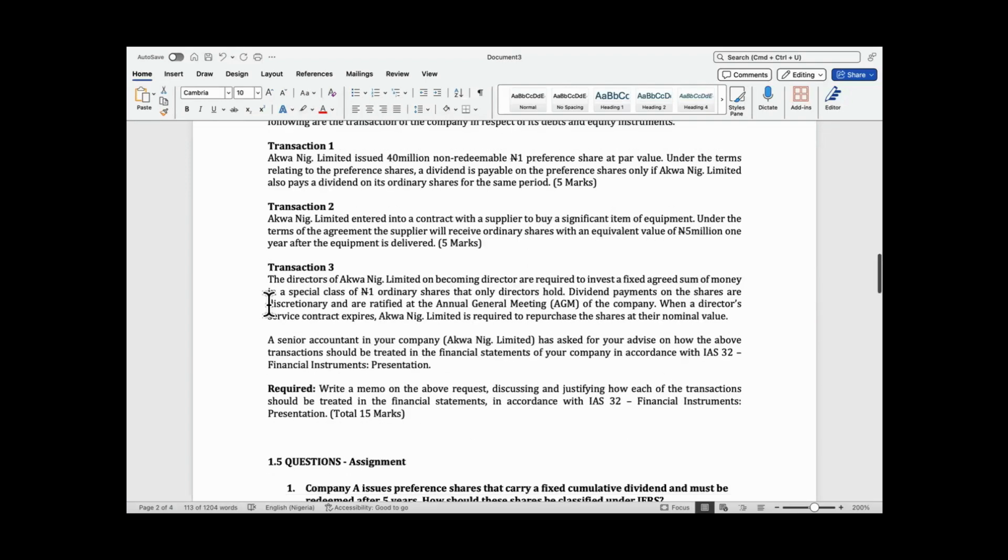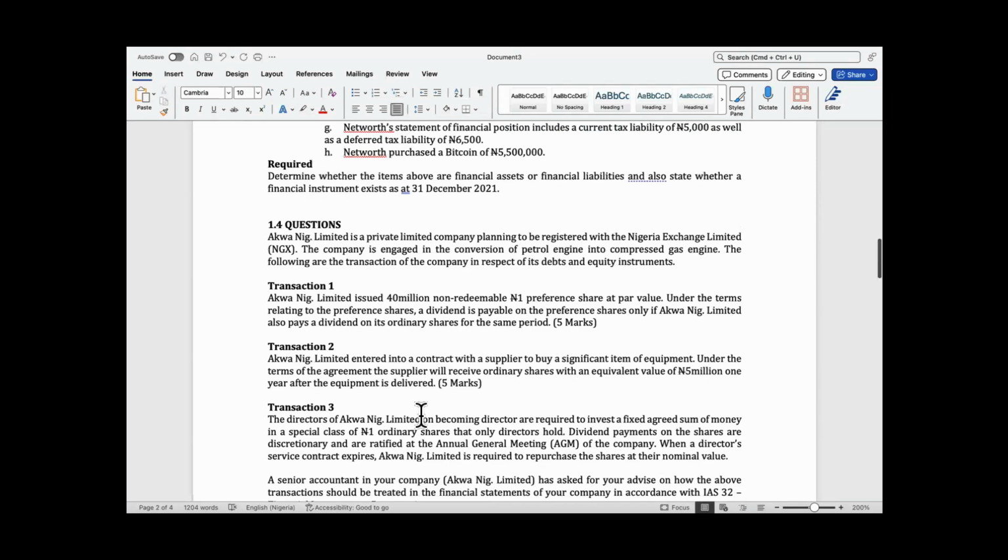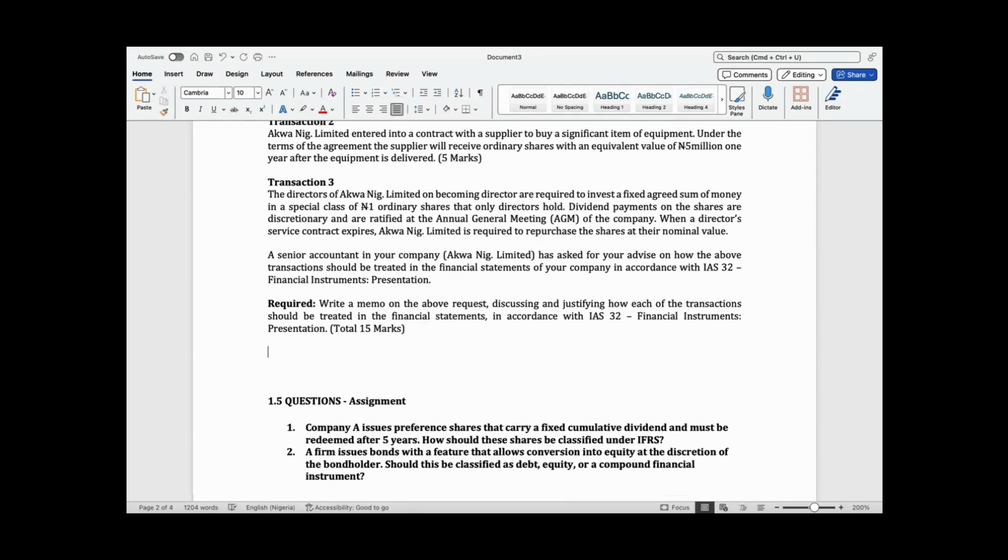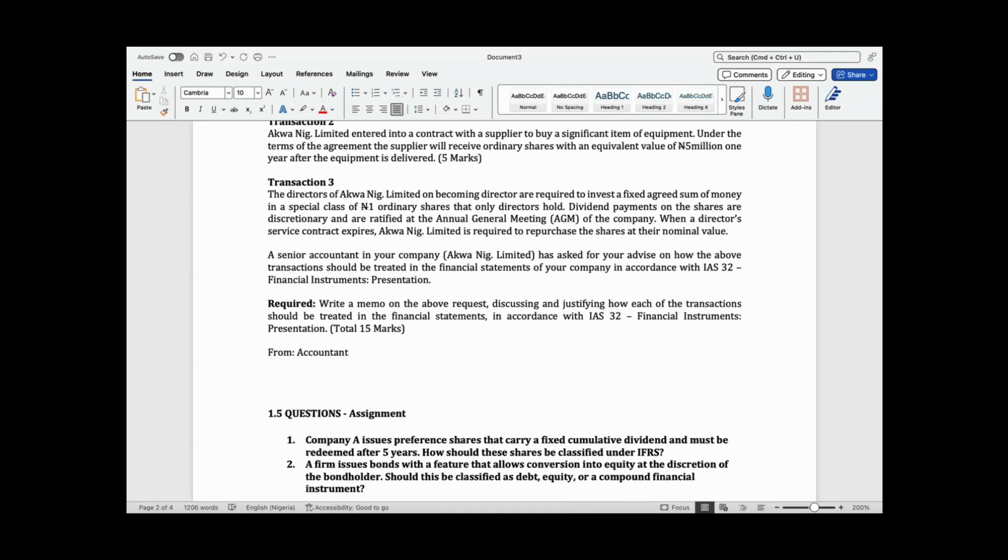So this question says, write a memo on the above request discussing and justifying how each of the transactions should be treated in the financial statements in accordance with IAS 32. Okay, so this is a past question. When they say write a memo in the exam, that means you will need to do something like, from maybe you're the accountant, to